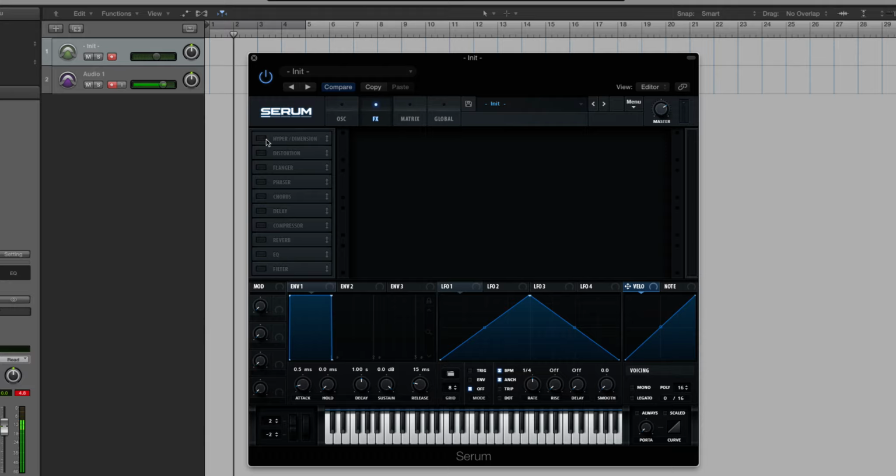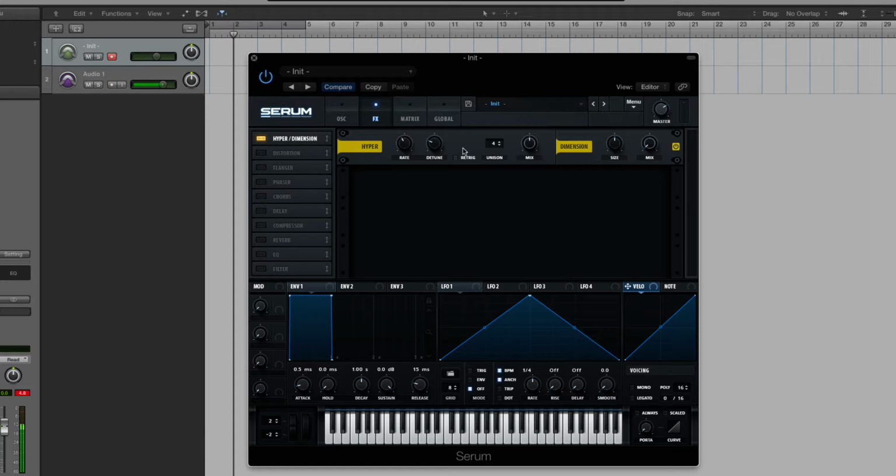So let's talk about this hyper/dimension. This is the only effect module in Serum that has two distinct tabs. The first one, which is on by default, you'll see here the mix is at dry or 0 for the dimension, is this hyper. Now this is a cool effect because this is a pseudo unison effect. So if I turn this off using this power button I just mentioned and play a note, we have a single saw sound. If I turn this on,